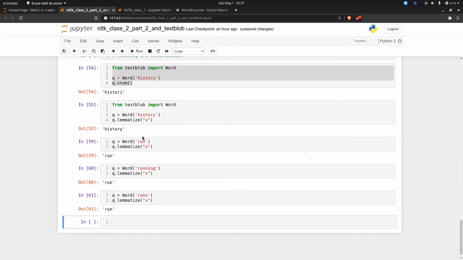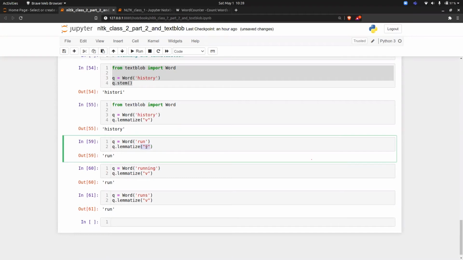So the part of speech is very important. If you want to get the same action, let it be past tense, future tense, or present tense, you have to put a verb there. If you put by default a noun or none, it will give you different words. So my machine learning model will understand, okay, this running is different and run is different, which is not correct.